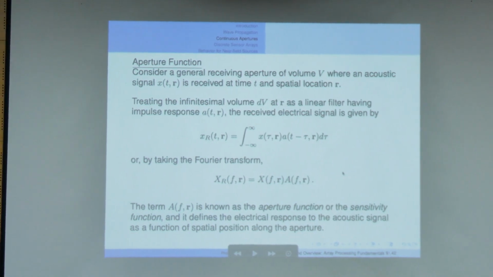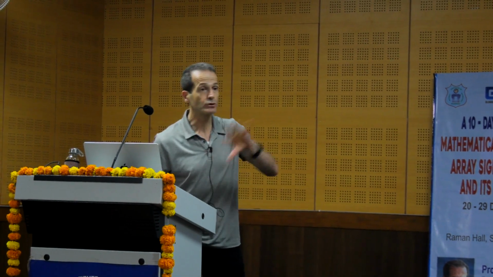I have the aperture function because we measure the response of each point on the aperture to the acoustic wave, how it generates electric signal. It doesn't depend on the direction because it's an infinitesimal volume around that point. But if we look at the total response, this is very important because the phase of the signal that hits each point is different. And then if we take the total, we take the integral